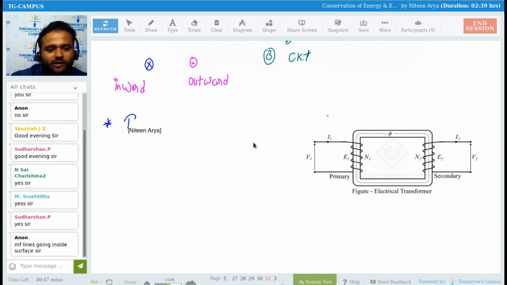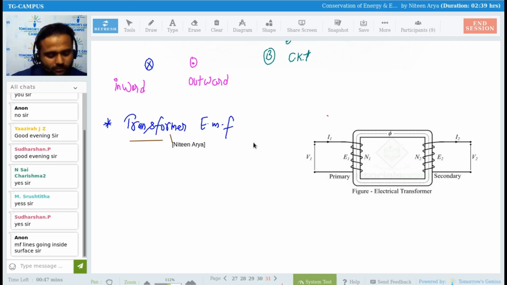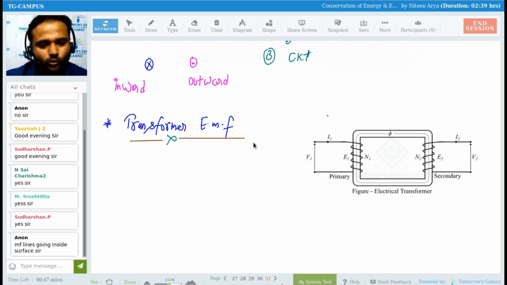Okay, so this is your transformer EMF. Important one. You need to understand it, because if a question comes on this particular point, at least you know what is going on here. So see, as in simple motional EMF, there are two types of EMF in general. First, motional EMF, due to the motion of a wire or a conductor. Second, transformer EMF, due to the transformer effect. What is a transformer? You know, maybe.